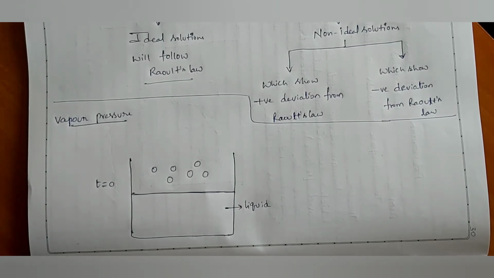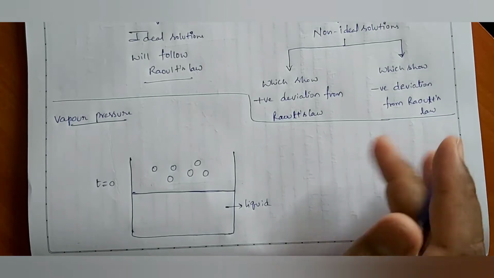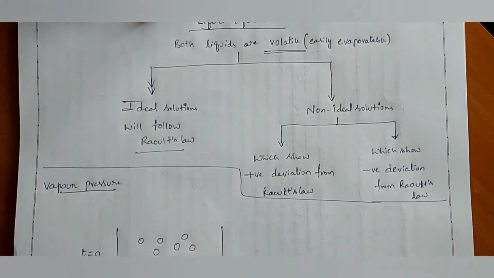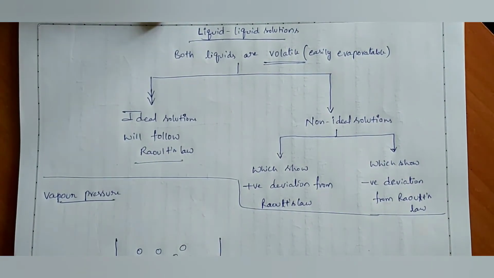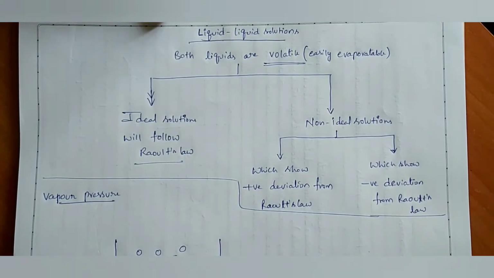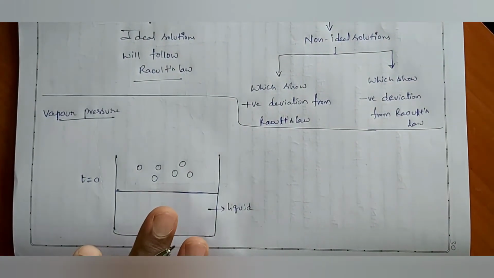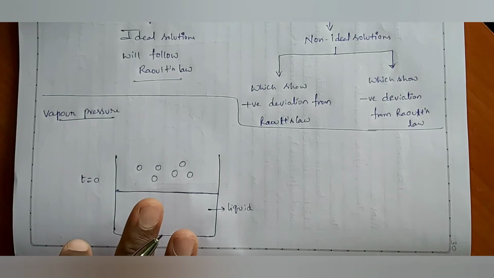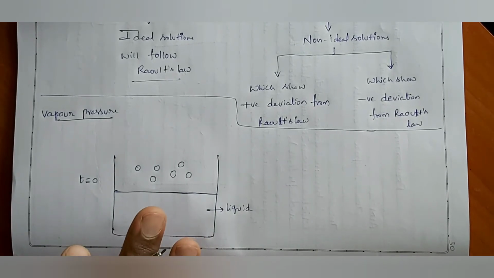Why is the number of molecules in gas state getting increased? What is the reason? Because initially itself we told that both liquids are volatile. In that, I am going to consider now only one liquid. It is not a solution. Only a pure component I am going to take here. In this beaker I am going to take only a pure component. Till now I have not attained the liquid solution. At that time I will mention it.